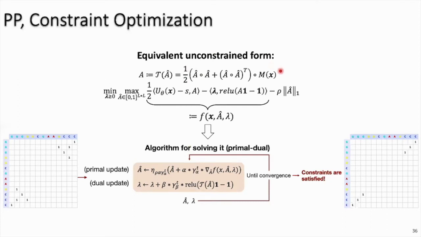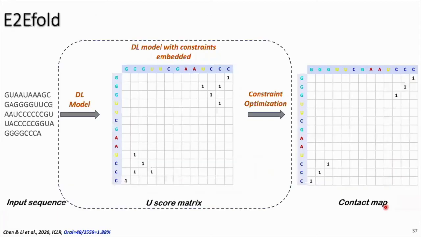So eventually, it is this gradient algorithm, which is the solution for the original constraint optimization problem, that helps us enforce the constraints of this structure problem and outputs the final contact map which satisfies all the constraints. So essentially, this is the basic idea for the two-step solution. The next question is how we can combine those two steps into one integrated deep learning model, which has the constraints embedded in the architecture.